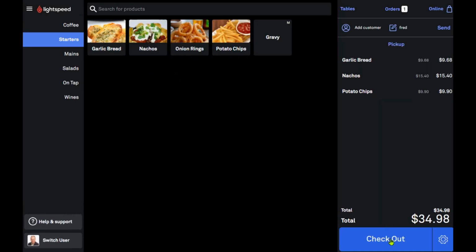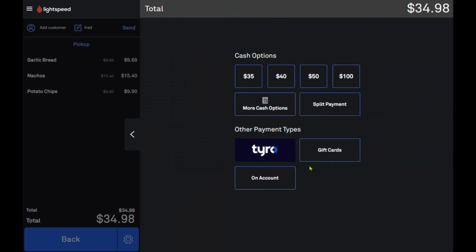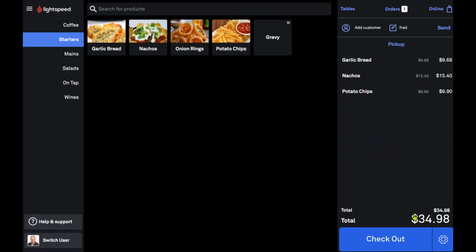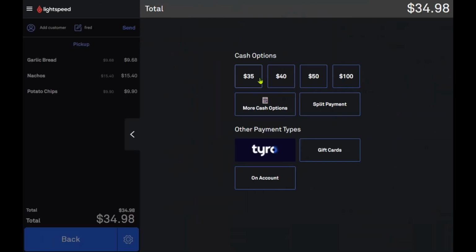So we press check out, and it's going to be with cash or other means. Now I just want to show you, see how it's $34.98, and we go check out. These 4 buttons up the top here are guesses as to what they're going to give you. If it's $34.98, logically you can imagine someone's going to give you exactly $35, $40, or $50. If, for example, they give you something weird like $50.50 for whatever reason, you can go more cash options